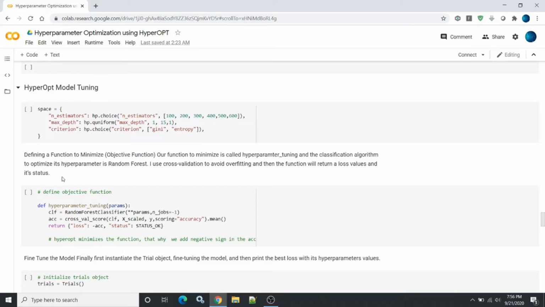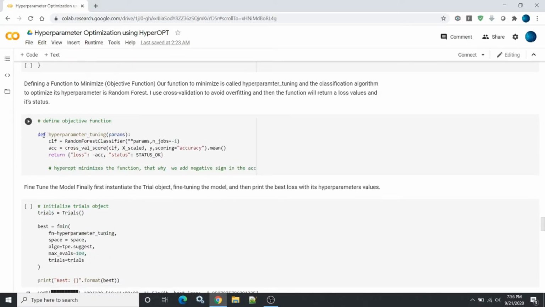Once we define this, basically we want to minimize the error. So we are going to use the same random forest, and we also use cross validation to avoid any overfitting. The function will return the loss value.